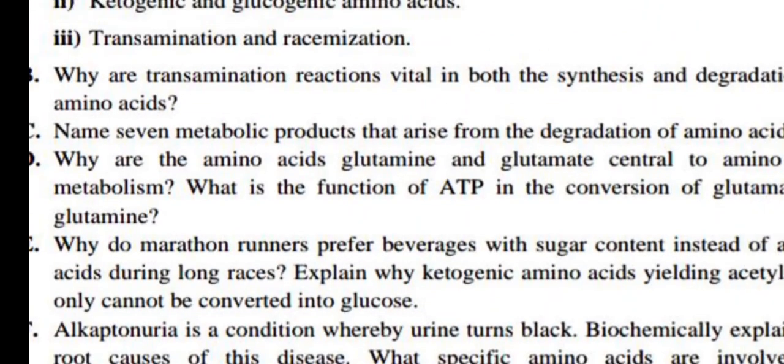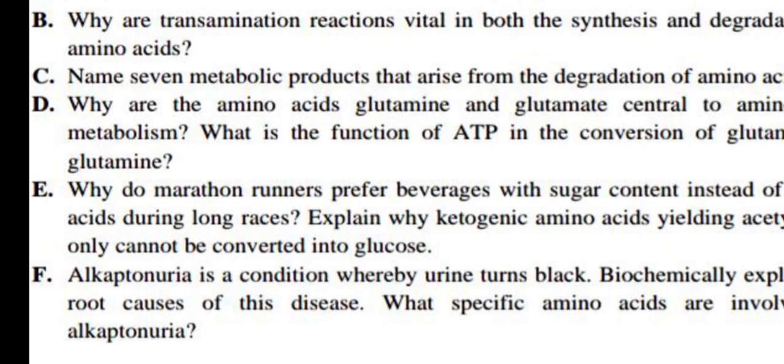So, when talking about this alkaptonuria, of course, you are talking about a condition that makes urine turn black. So you find that somebody is urinating, but the type of urine that they are producing is black. It's because there are amino acids in that urine that are too much or that were supposed to be broken down instead of them being